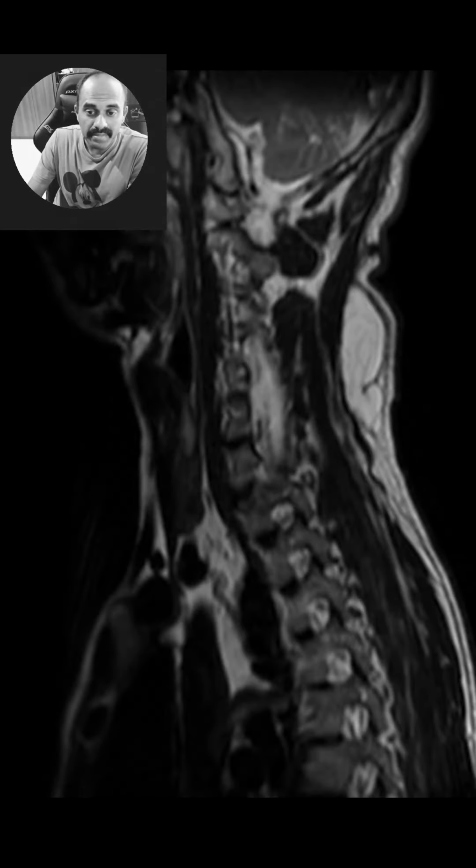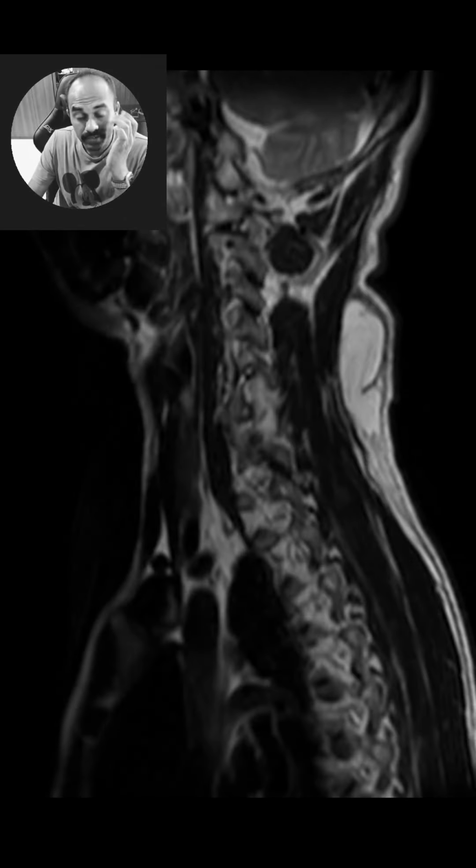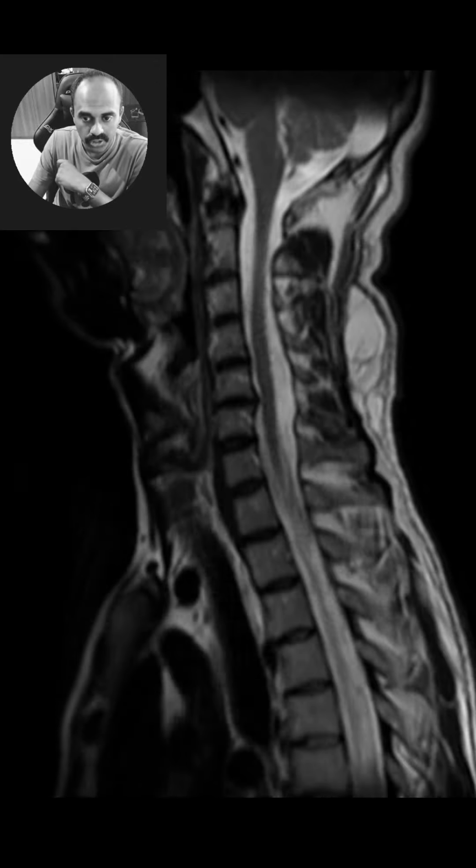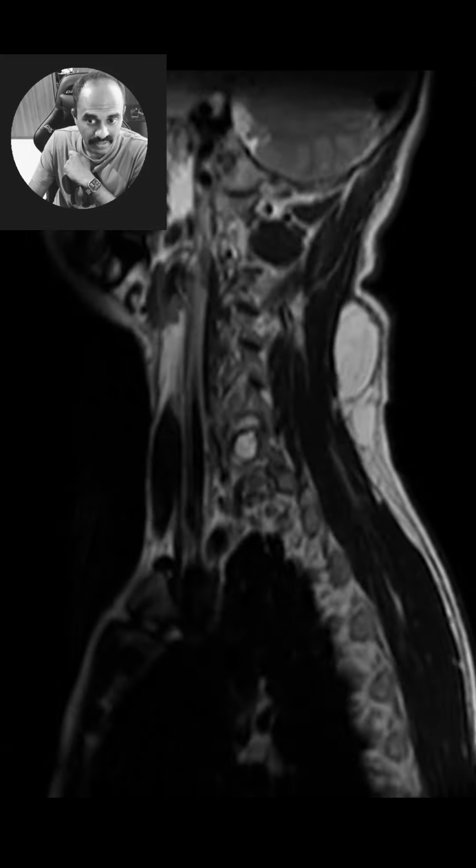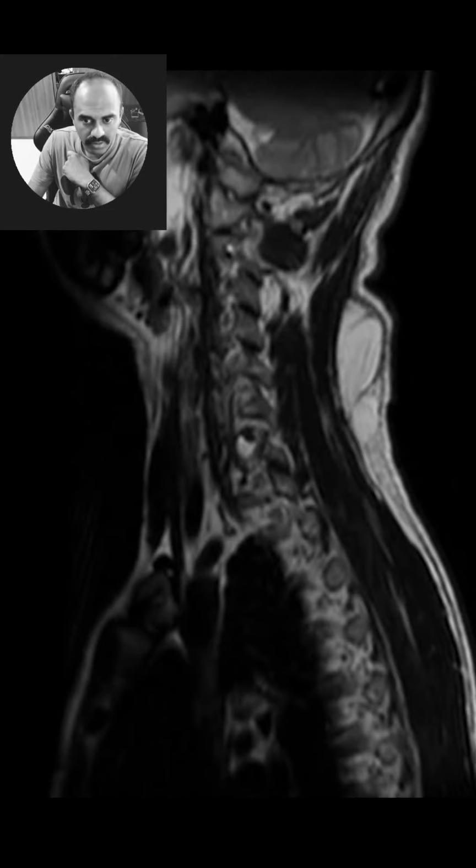Okay, this is a sagittal T2-weighted MRI of the cervical spine. We're going to discuss a couple of interesting findings. As you can visibly see in the posterior aspect in the nape of the neck, there is a subcutaneous T2 hyperintense lesion. It is having some T2 hypointense dark septae within it, but overall it appears to be just confined